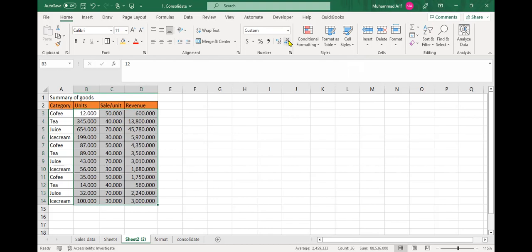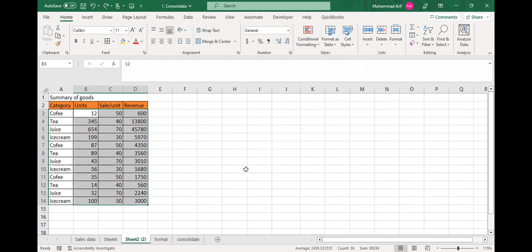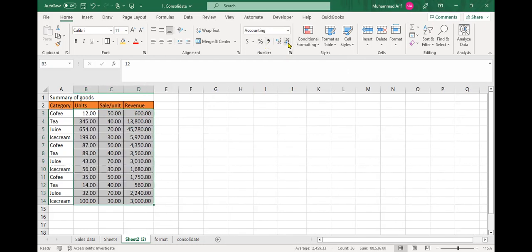So what I did, I just selected the entire area. So I will press Control Z, Control Z. There is no comma in these values. Now I just click comma, and then you have to remove the